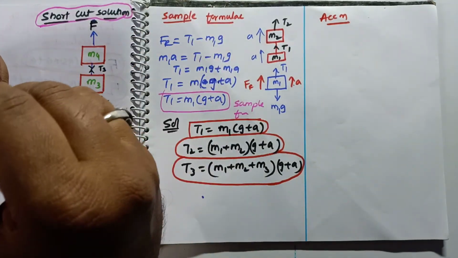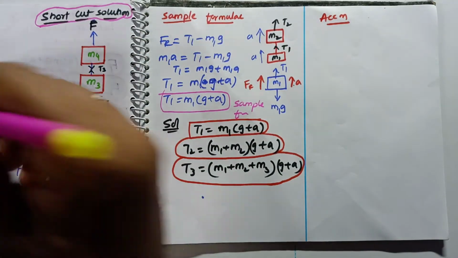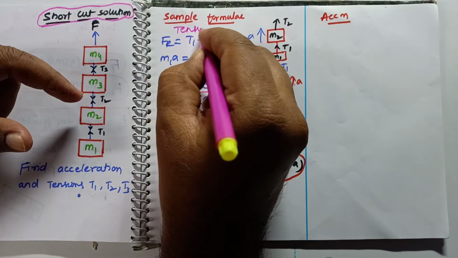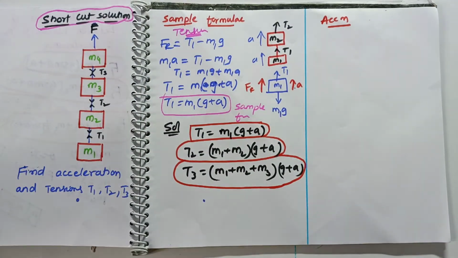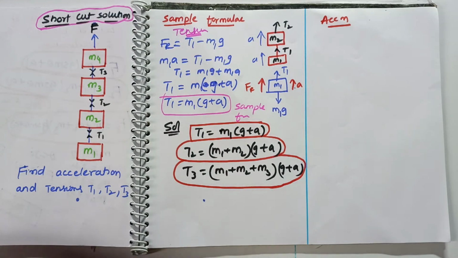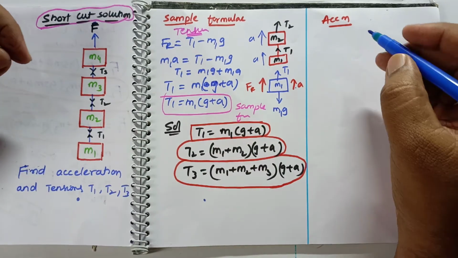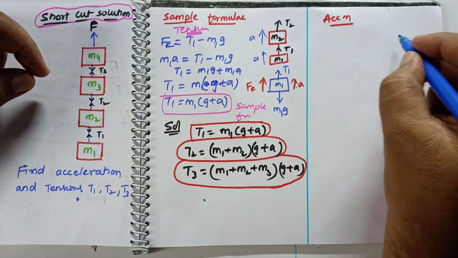So what we have done is we have found the tension in this case. But now we find out what the acceleration is here. How are you going to find out the acceleration here? To find out the acceleration, it is very simple: you need to consider one block here,